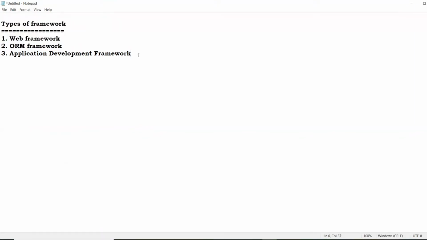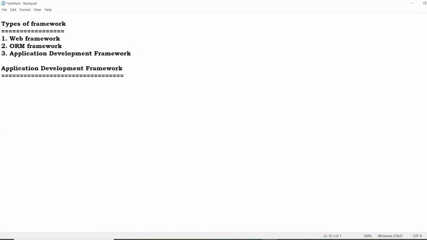So what is an application development framework? Yesterday I told you, and today also I'm going to tell you, every session is important to understand the beauty of Spring Boot. Every minute, every second is important. So don't think it is a basic session. No, it is our regular second session.